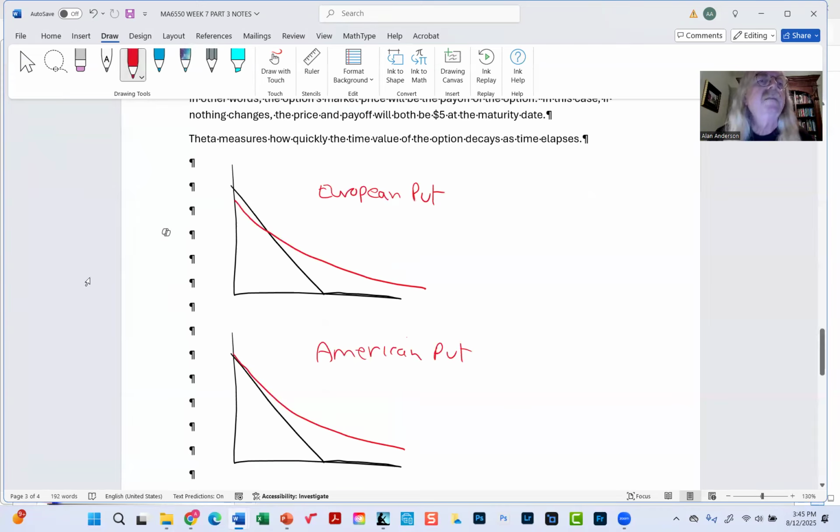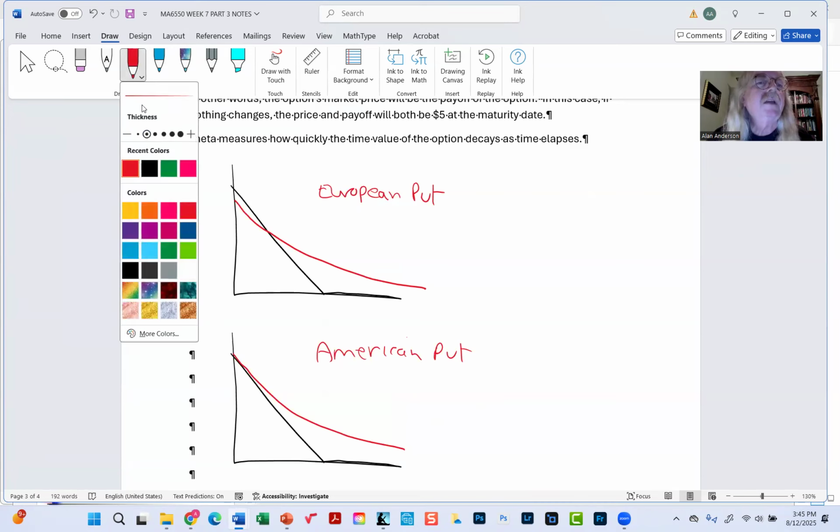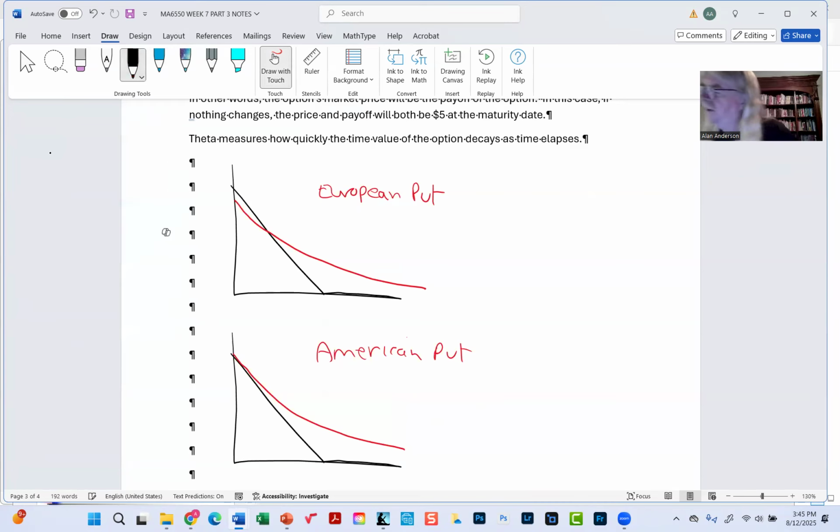All right. So now that you can see them side by side, or top to bottom, I guess. Okay. So in other words,